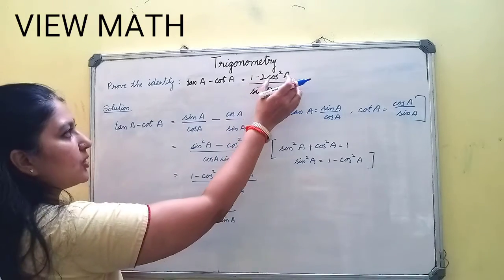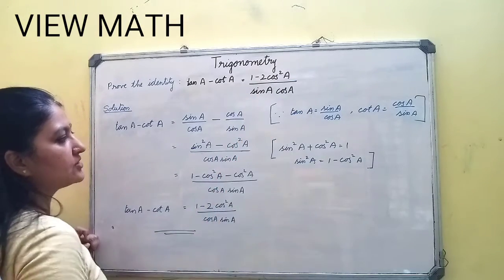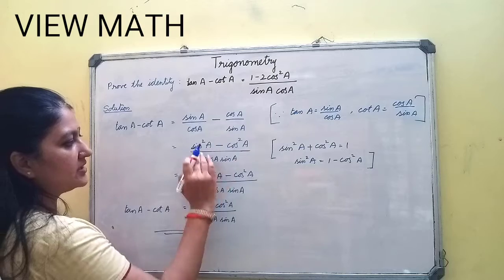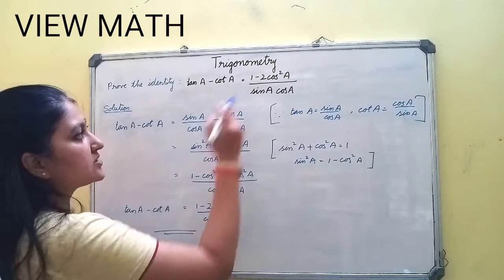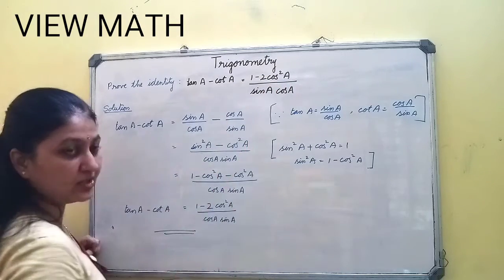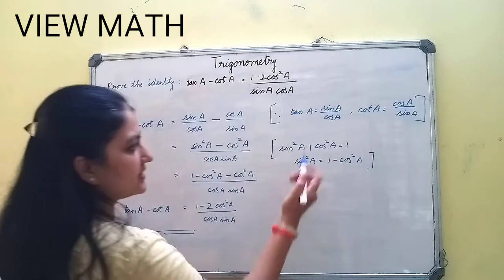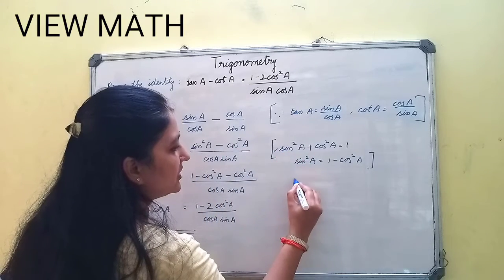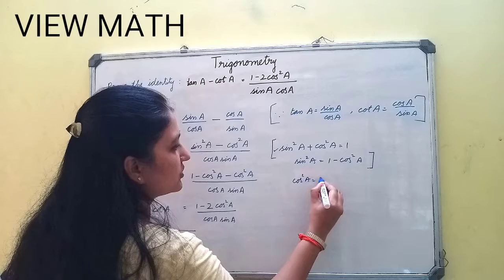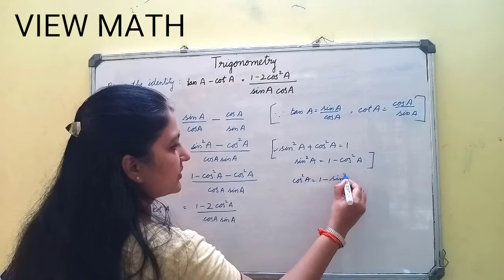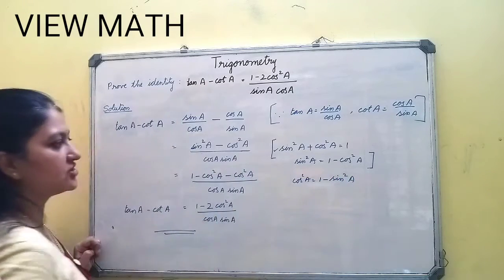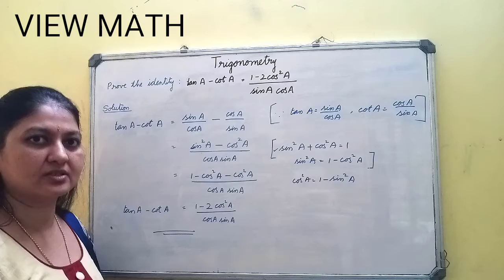So here in this problem you have cos square A, so you are changing the sin square A in terms of cos square. Suppose in your question if they have sin square A alone, you have to change this cos square A into sin square A, the same formula. Cos square A is equal to 1 minus sin square A. Like this you have to change it here and then proceed.